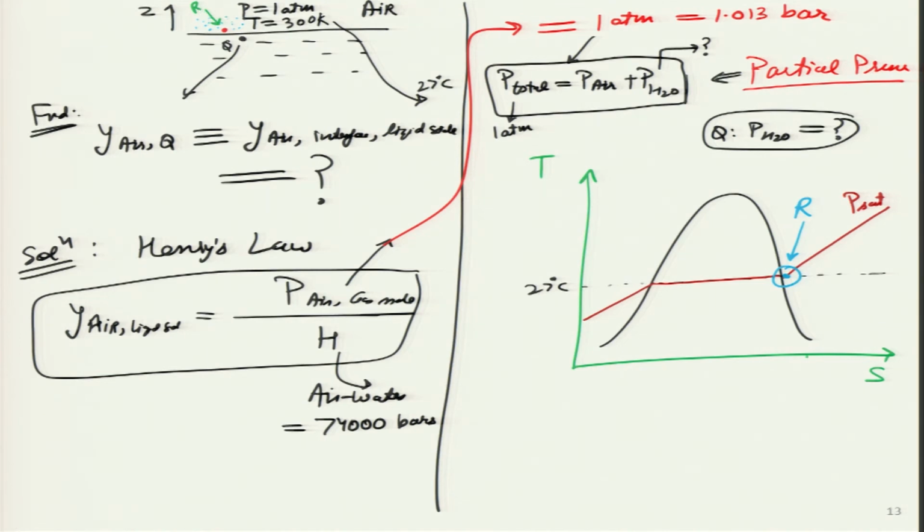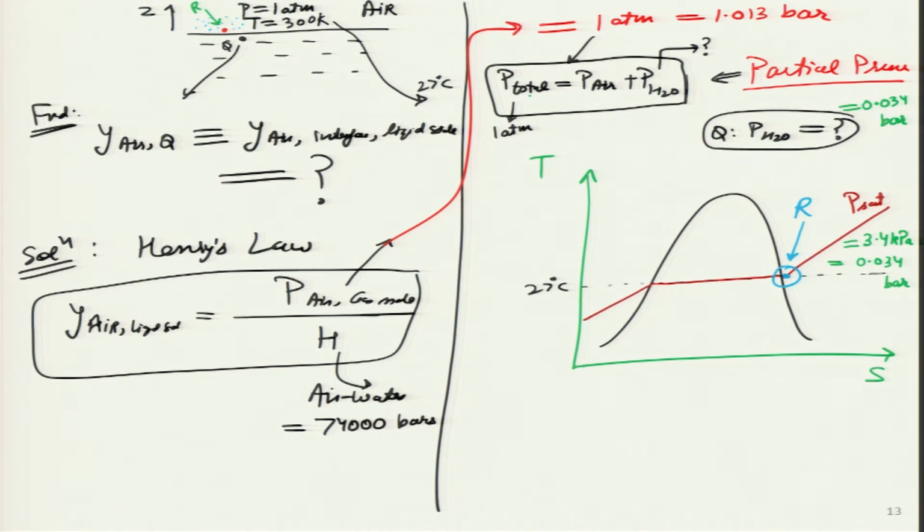So, from steam tables we can figure out the value of P sat, and I looked up the steam table, and it turns out to be very low pressure, 3.4 kilopascal, converted into bar, 0.0034 bar. I think there will be one less 0, which means I have figured out the value over here, it is simply 0.034 bar.